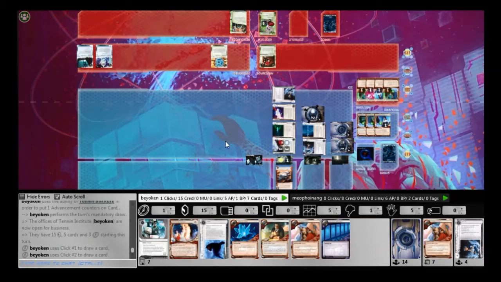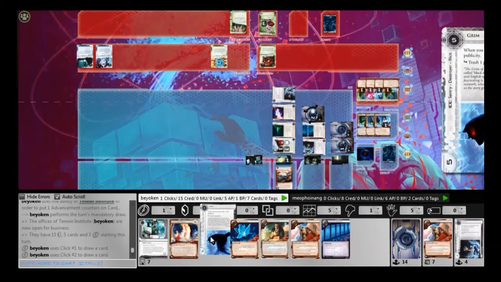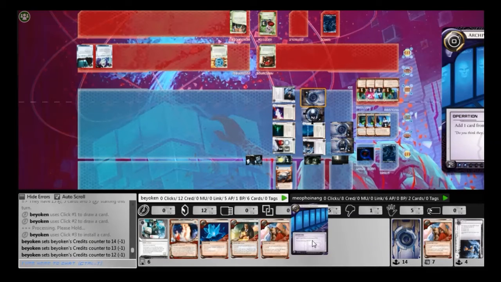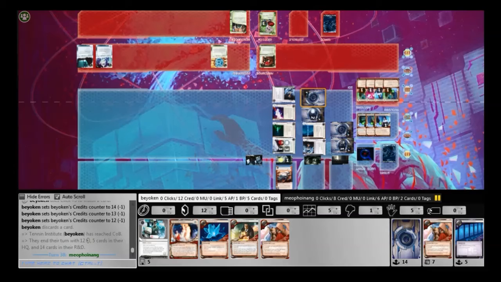He basically shut himself out of route to victory, and that is a very huge mistake. He wrongly assumed that I was flooded with agendas in HQ, and I showed him that that wasn't the case. So yeah, I iced up Archives just in case he decides to go for the Jugular by trying to hit my Future